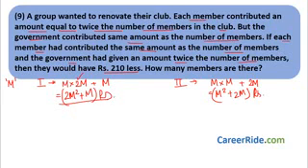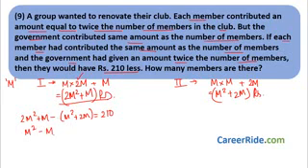That means in the first case the amount collected is more. So 2m square plus m minus (m square plus 2m) is nothing but 210. So what would we get over here? 2m square minus m square is m square. m minus 2m would be minus m. Minus 210 equal to 0. Now this is a quadratic equation. We have to find the factors such that the product is 210 and the difference is m. Only one factor group, that is 15 and 14, satisfies the condition.